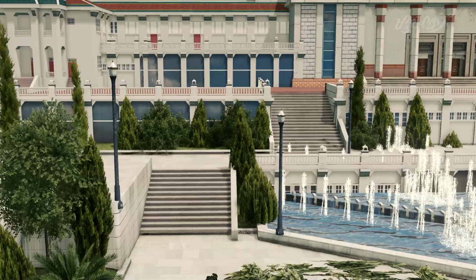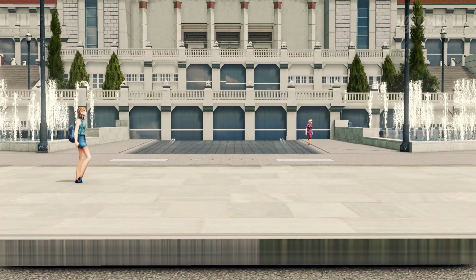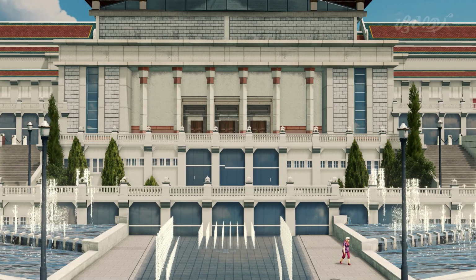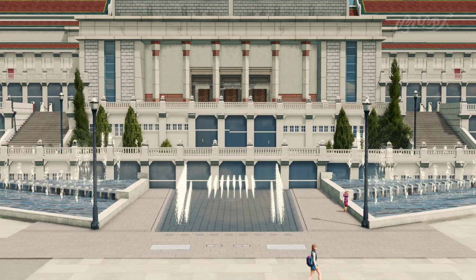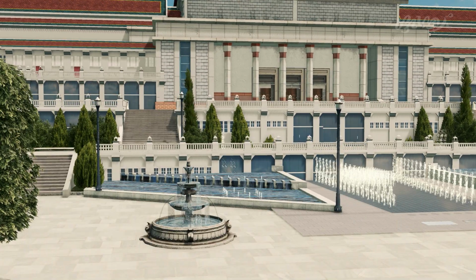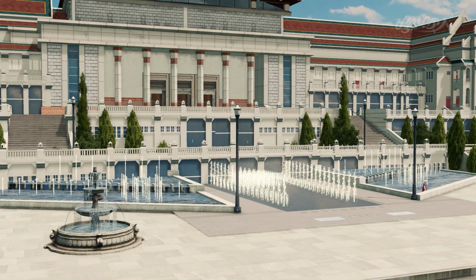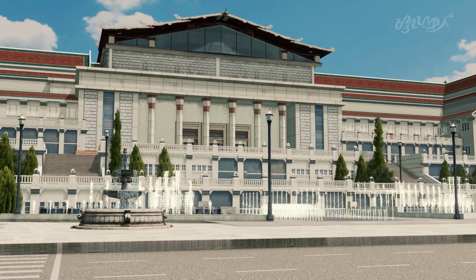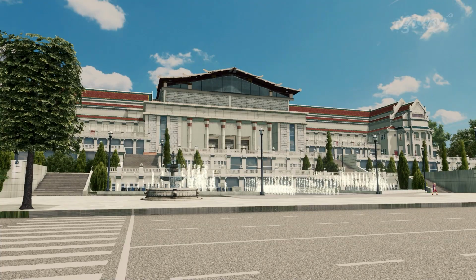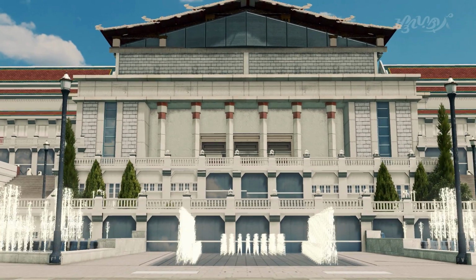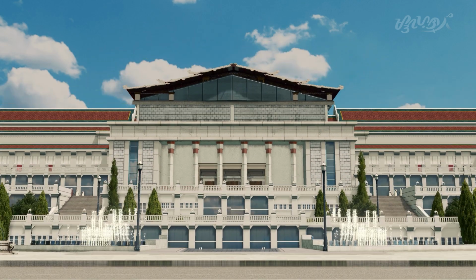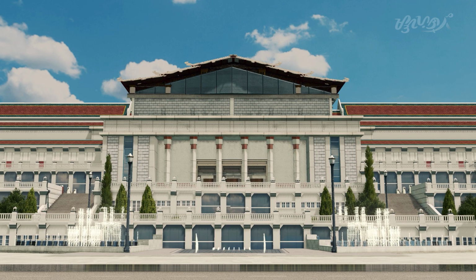So you can see the glass windows and the columns, they give a vibe that this is like water, and they're reflecting it. And we also have water features at the bottom, which further repeats the water theme we have going on here. So this is the palace itself. As you can see, it feels quite grand, especially if I zoom in, because it fills the entire frame. If you guys want to make things look large, you gotta be creative with how you frame things. You have to have a subject that is small in it to make it feel big.